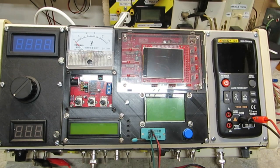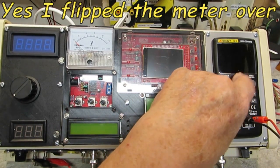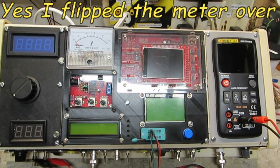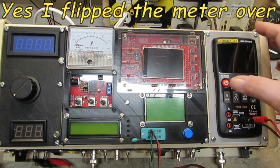But first, let's go through and check some things out. First thing we're going to do, we're going to start over here, and I have the meter hooked up in the loop because we want to compare this meter with this meter here. We're going to turn on our...